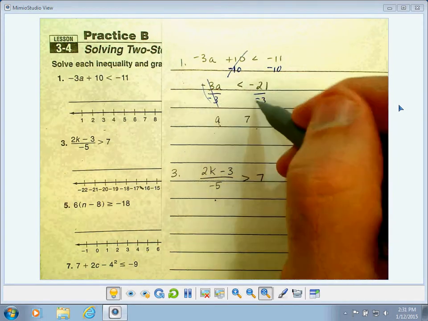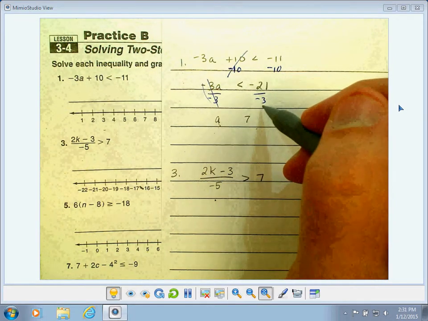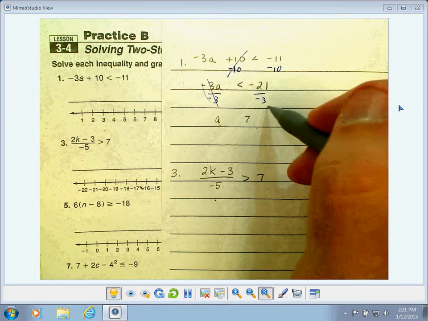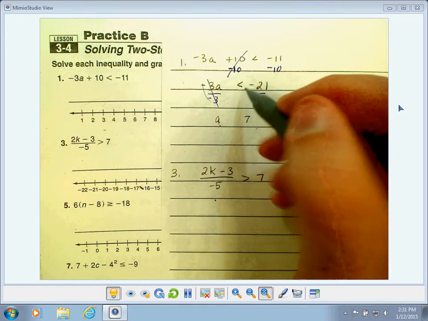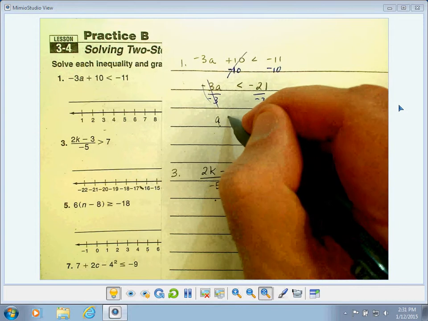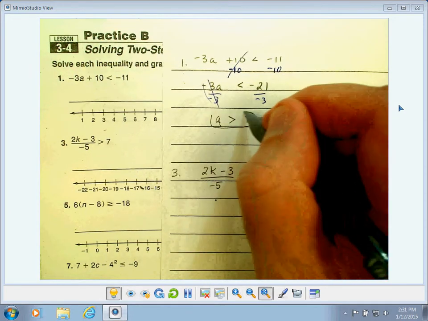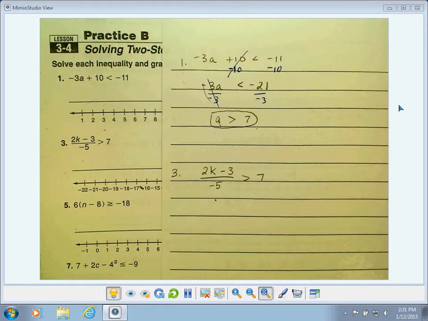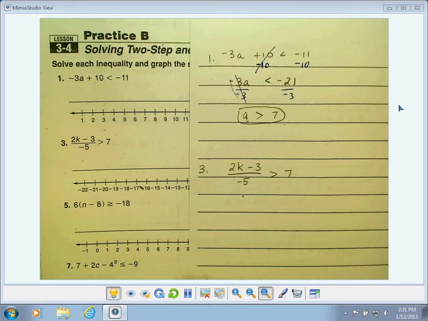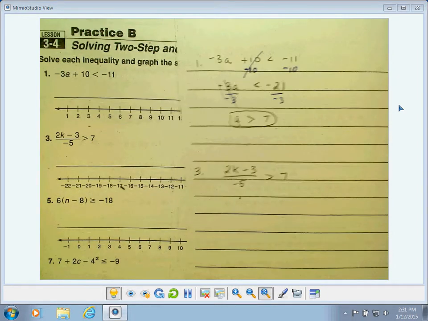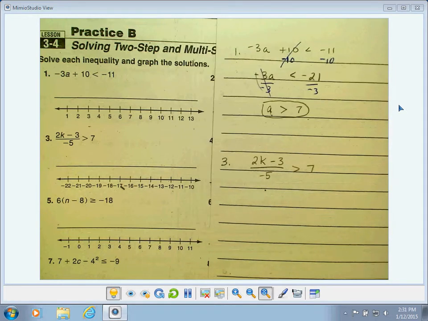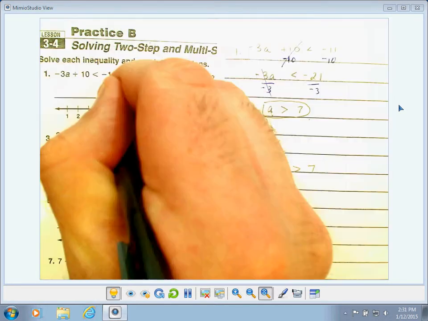If you divide or multiply by a negative number, in this case we're dividing by a negative number, you need to reverse the inequality symbol. So really this goes from a less than to a greater than, and this would be your final answer. So then I'm going to move over here to the paper for a minute. I'll keep that here with me, and I'm going to say that the answer to this one is a is